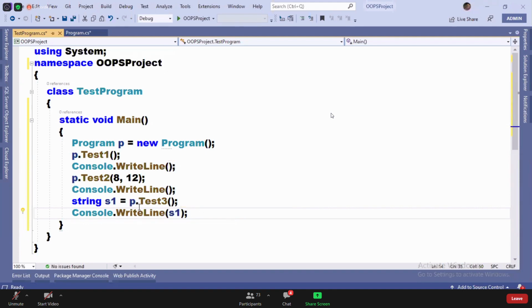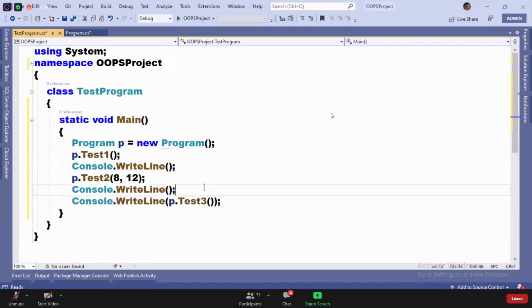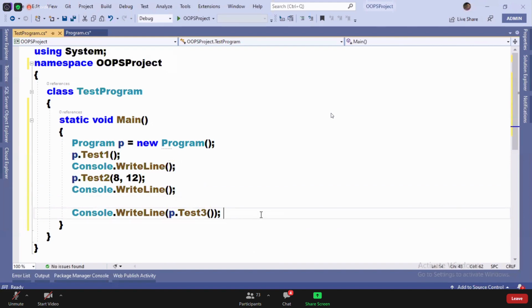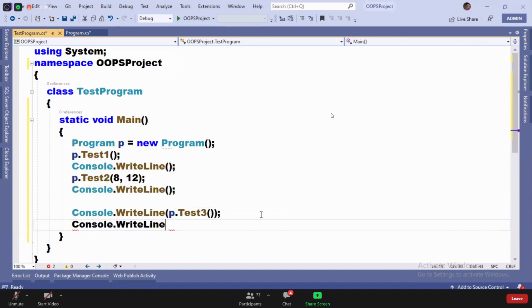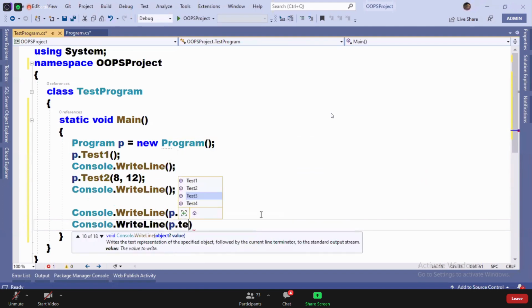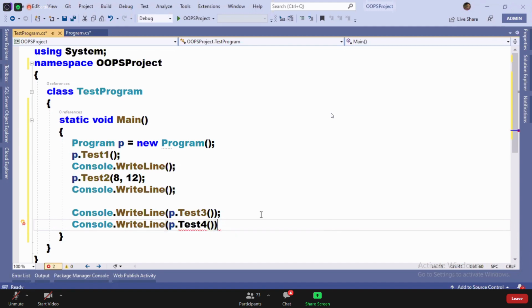But see, without again declaring a variable and capturing the result, you can straight away write the code like this. p.test4. Test4 is dynamic. It will convert the given string into uppercase.